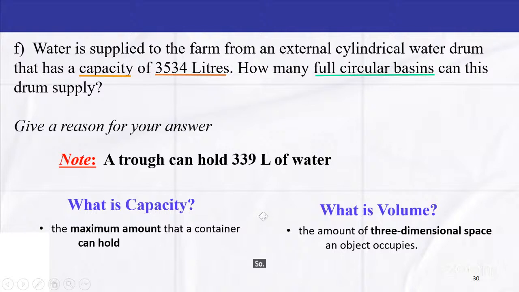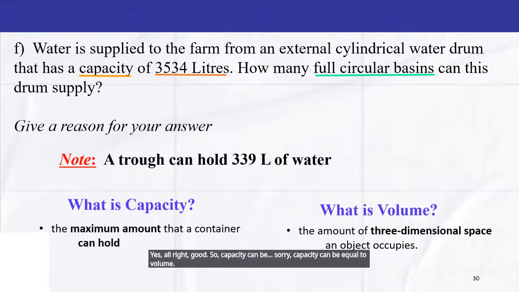So Marlon, if you have a water bottle and it's filled to capacity, no air, nothing can get in it, what will be the volume of water in the bottle? Would it be the same as the capacity? Yes or no? Janelle Ray says yes. Yes, all right, good. So capacity can be equal to volume.